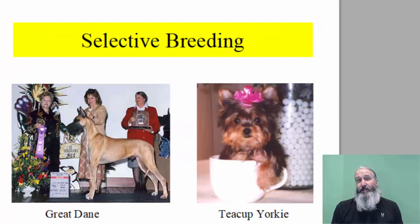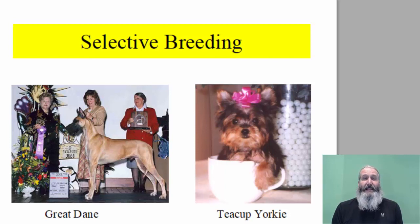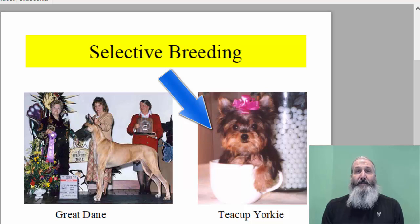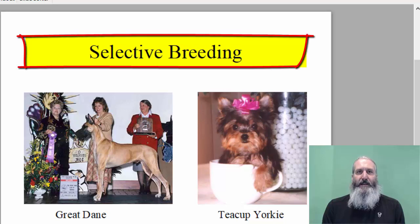So by carefully choosing the individuals that they allowed to breed together, they were able to manipulate the characteristics of organisms dramatically. We see this dramatically in the manipulation of dog breeds. All dog breeds are members of the same species, but they have been dramatically manipulated by humans through the process of selective breeding. The Great Dane and the teacup Yorkie are both members of the same species, but they seem like very different organisms. They are so different because they have been manipulated by humans through the process of selective